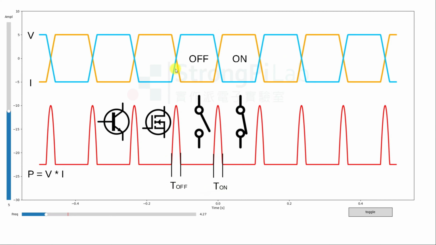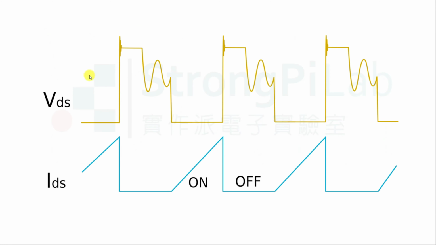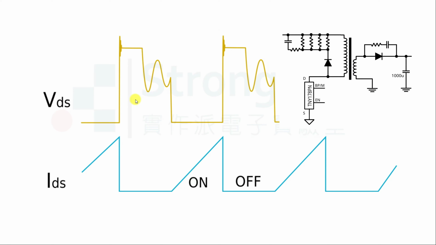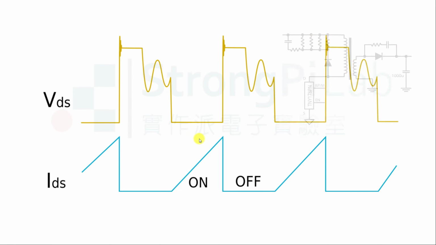But in an AC-DC switching mode power supply the waveform will be a little bit different. It looks like this. This is the SMPS's waveform. That is because the transistor connects with a diode and capacitor. All of them interact with each other and produce this complicated waveform. The waveform looks so particular. Please keep it in mind. When you see the real waveform later you will recognize it.